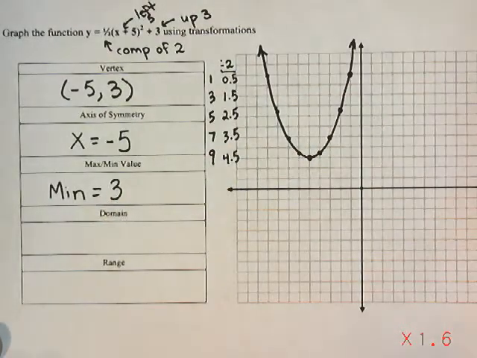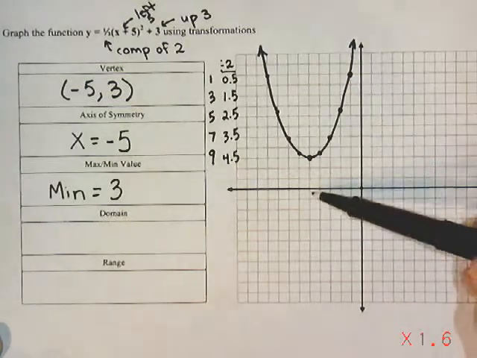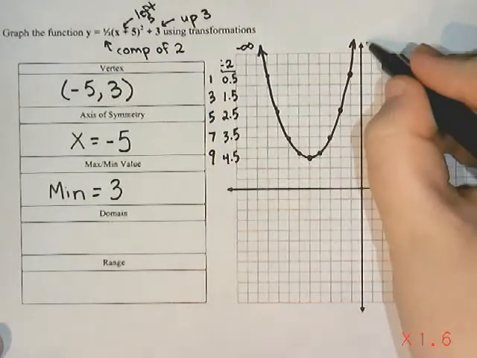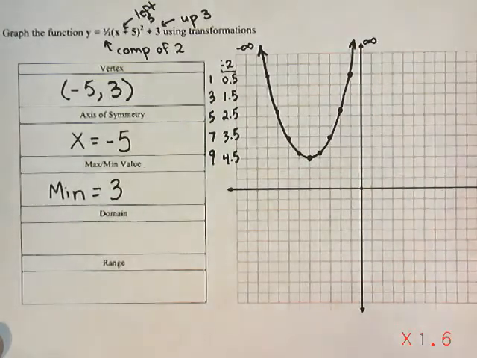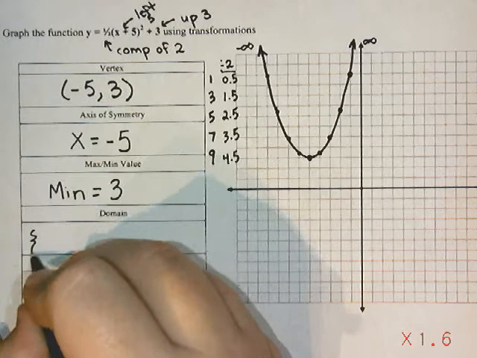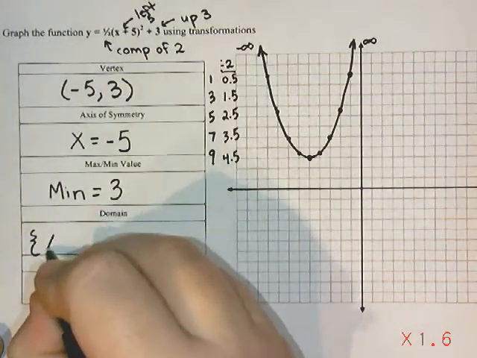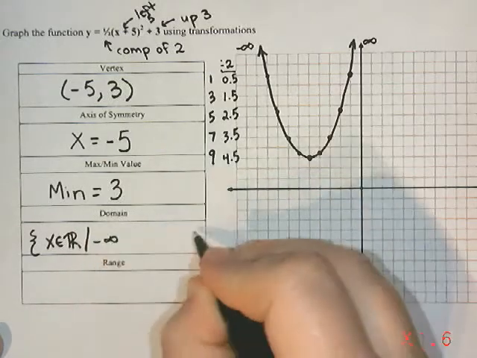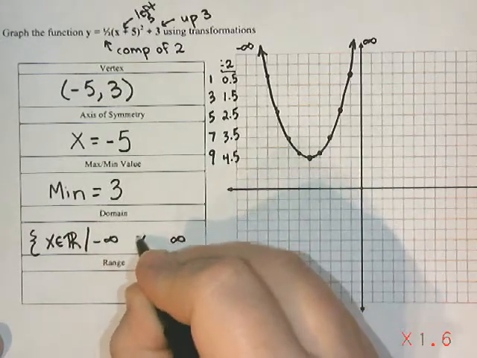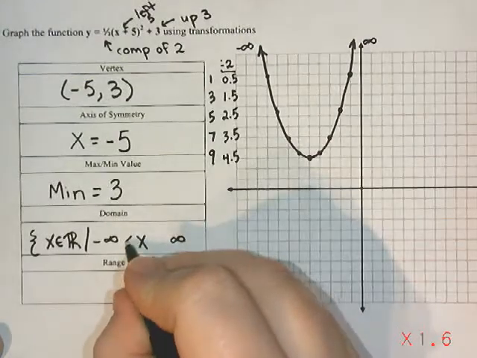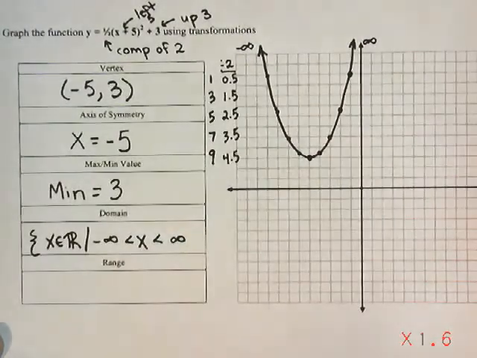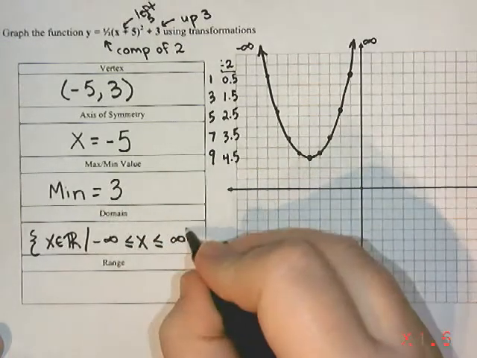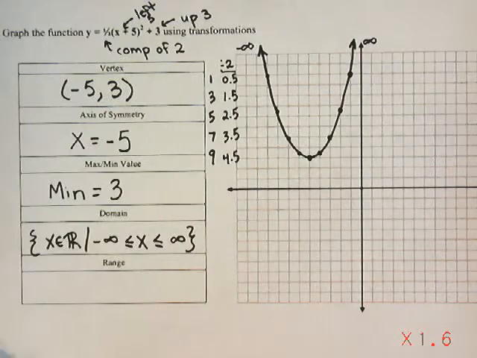The domain is always the same for the parabola. It's heading off to -infinity on this side and +infinity on this side. So x is all the numbers between -infinity and +infinity. So we write x ∈ ℝ, and then -infinity to +infinity. x is all the numbers in between, and then our arrows point towards the smallest number, which is the -infinity. Now you can put the equal signs on, but really you can't ever get to infinity, so we shouldn't put